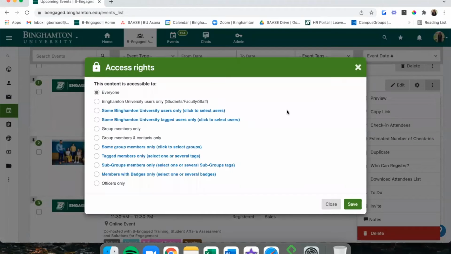Who can register brings up the access rights option that you can find within the event form under access and display. But again, similar to the check-in attendees option, it's giving you kind of a shortcut to this section and allowing you to see who your event is open to and who exactly can see it. So you can see they have it broken down, whether it's everyone, just users who are logged in,